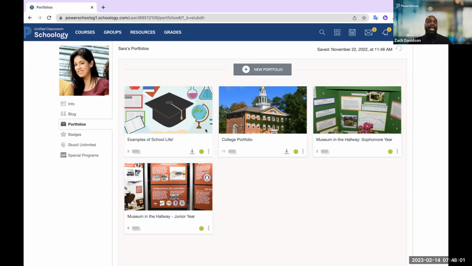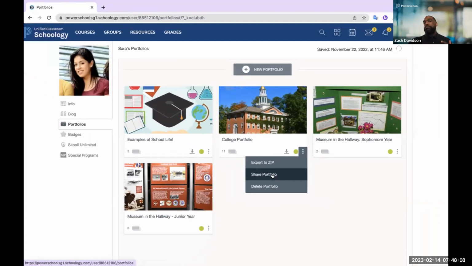In a high school environment, I can push out a college portfolio and share that, as you can see here, very similar to a Google Doc experience, maybe with a college admissions officer. Whether or not that admission officer has Schoology, he or she would be able to view that portfolio there. So again, not only the thought around engaging the student, but allowing them to own that learning experience on their end as well.